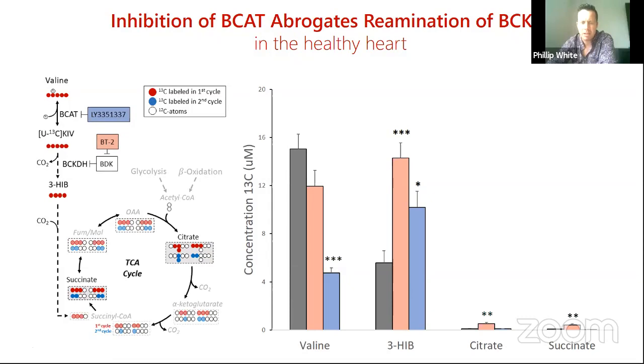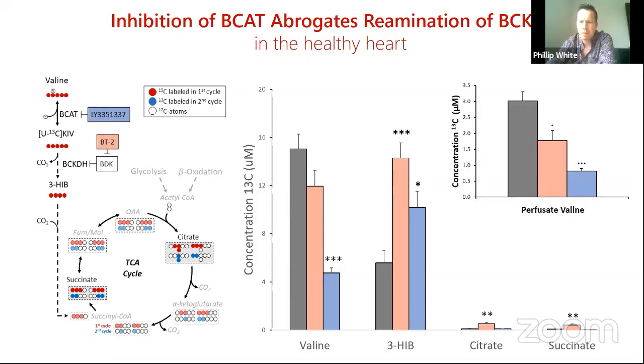So this paints a picture wherein the major fate within an isolated healthy heart is not oxidation per se, suggesting that the downregulation of the oxidative machinery within an unhealthy heart potentially isn't the driver of branched-chain keto acid accumulation. And it's maybe more so exposure. But to validate that this reamination effect is, in fact, not just an artifact of the isolated perfusion setting, we moved into